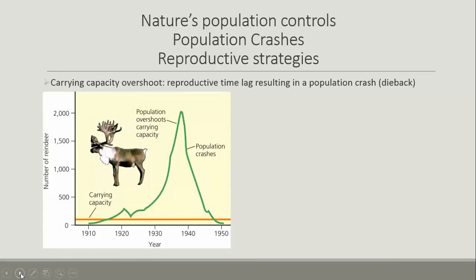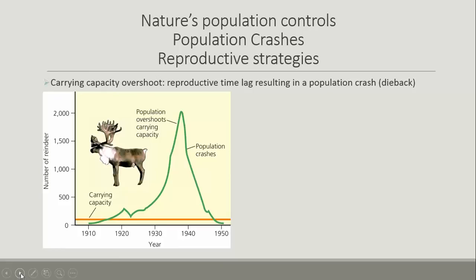So what really does happen when carrying capacity is overshot? They talk about it a little bit in your book, beginning on page 116. When a population exceeds its carrying capacity, it can crash. What we're looking at here is a population crash of reindeer, a diagram on page 116 in your book. It tracks the exponential growth, the overshoot, and then eventually the population crash of reindeer that was introduced onto the small